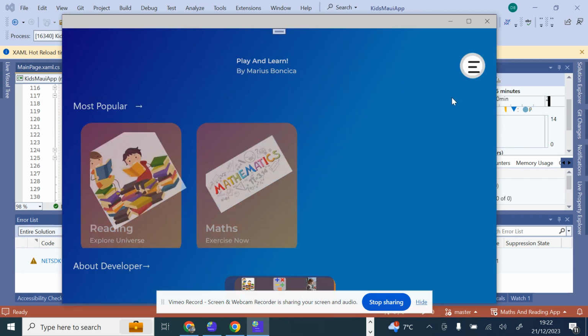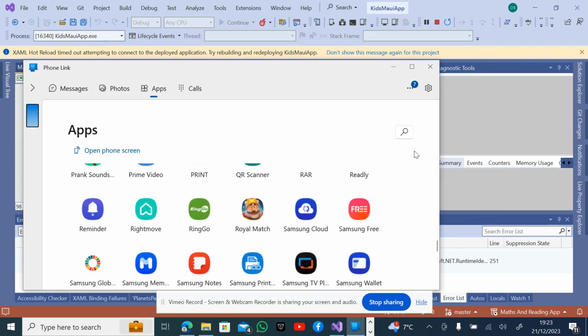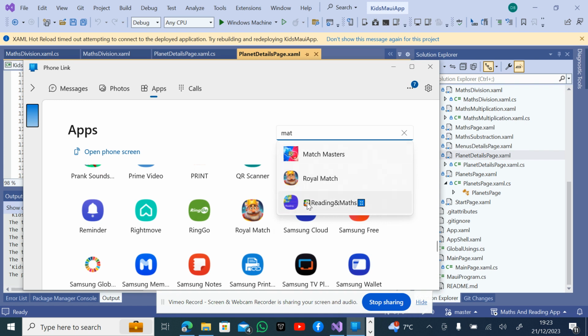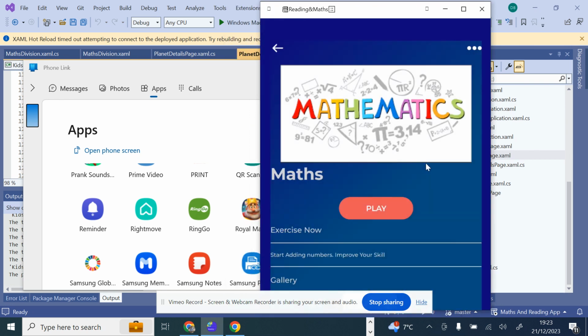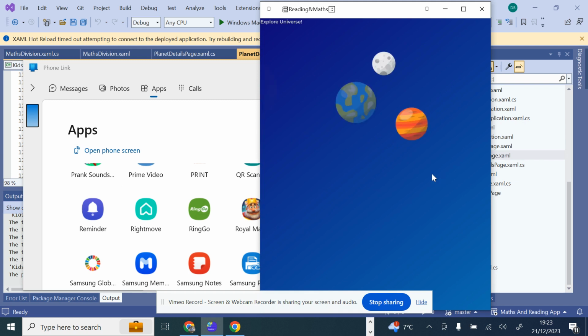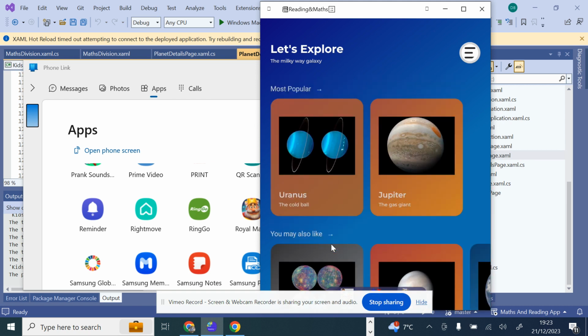And that's about my application. I hope you enjoy it, and let's run a test on Android using my phone link. So maths, reading, maths, this is the SVG icon I created, and this is the name of the application that I've set in the code. And let's run it, this one. So we have the same as the Windows, displaying the maths, displaying the reading, entering the planets,